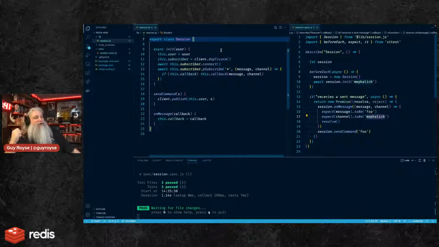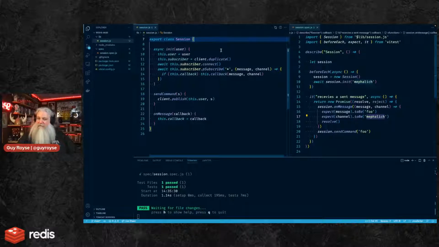I'm designing software out loud here, and it has me thinking, do I want to create a room class of some sort that represents the room that they're in, and then that room is responsible for sending messages to. Yeah, actually, I think that is what I want. And then I can have a thing that is responsible for sending and receiving messages via PubSub. So you hand it a channel name, a room name, and then a message, and then it sends it to Redis. So do I need a room class?